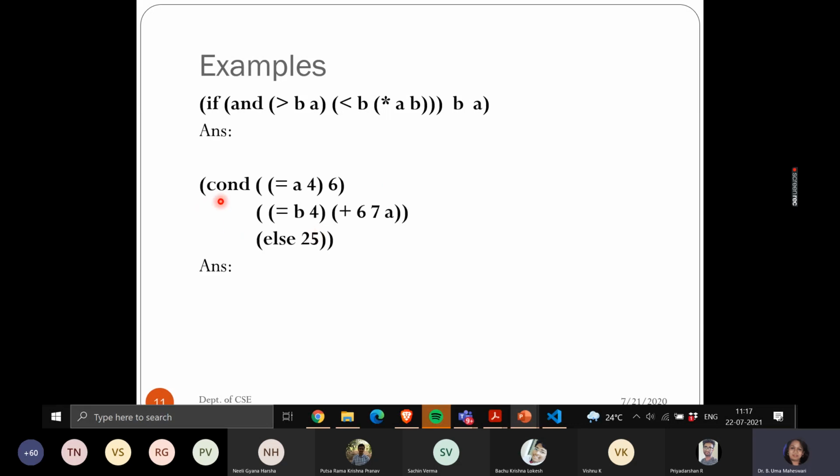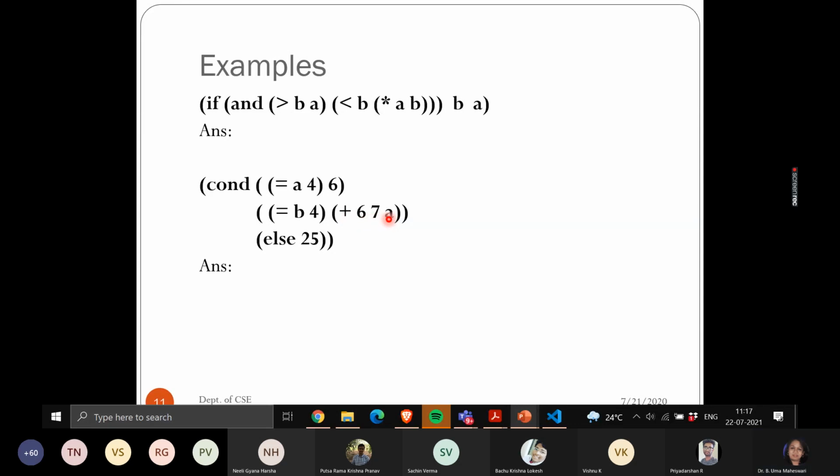Okay, let's move ahead. This is another fragment of code. A equal to 4, return 6. That is the meaning, right? If B equal to 4, return this. Else, return this. So what is the value? If you substitute here, 3 equal to 4, it is false. If it is false, it goes to the next predicate. 4 equal to 4, yes, true. If it is true, the corresponding expression will be evaluated. So what is this? 6 plus 7 plus